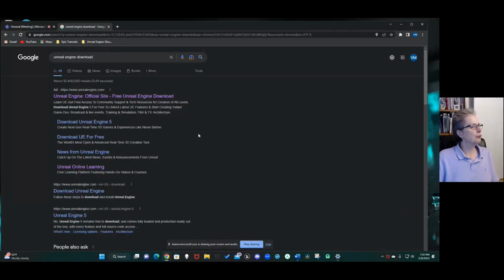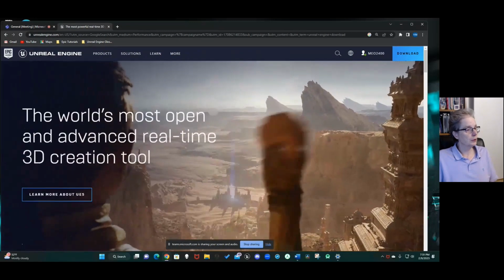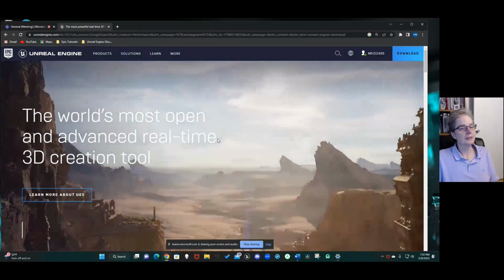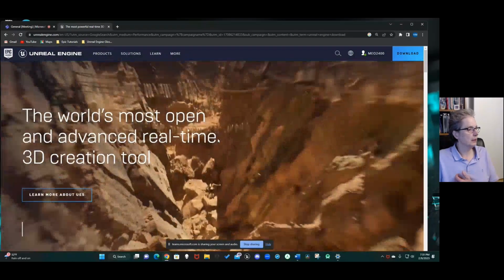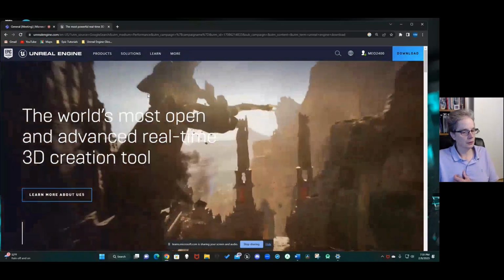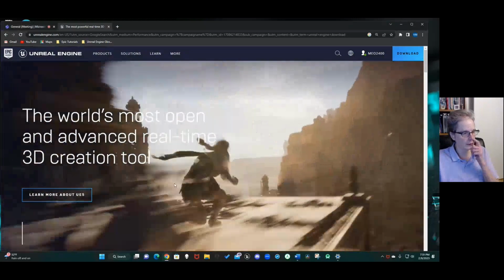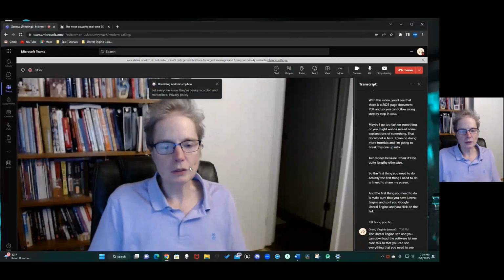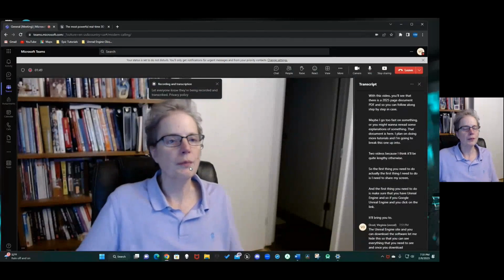And the first thing you need to do is make sure that you have Unreal Engine. If you Google Unreal Engine and click on the link, it'll bring you to the Unreal Engine site, and you can download the software. Let me hide this so that you can see everything that you need to see. And once you download the game